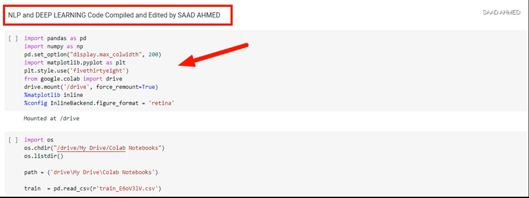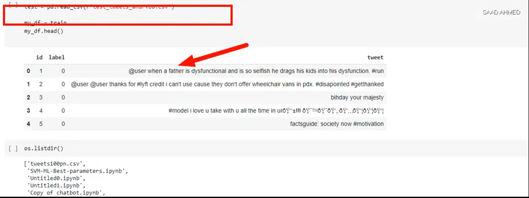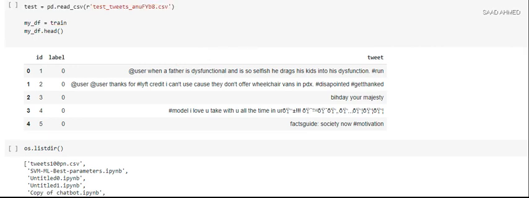Then I have imported the operating system library so that I can identify the directory where my data and the notebooks are there, in the Colab, my Google Drive. And then I'm going to load my data, testing data and the training data, and you can see the same data which I showed you earlier. Some first 5 tweets,